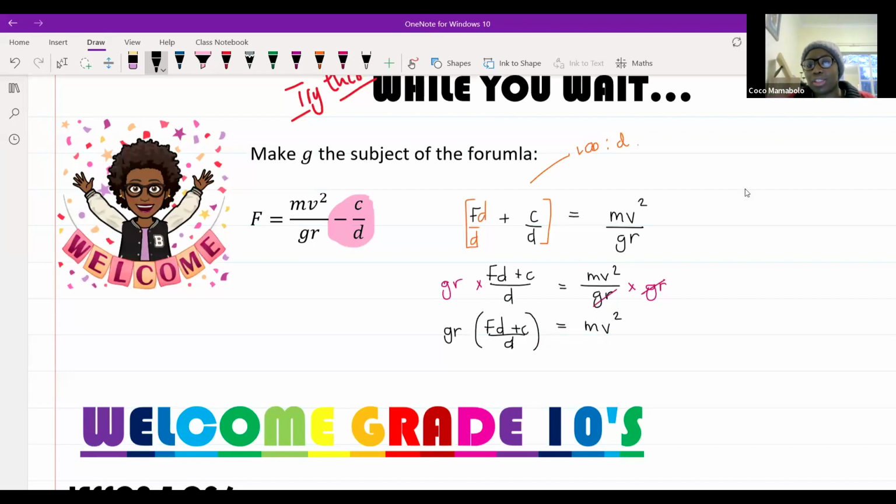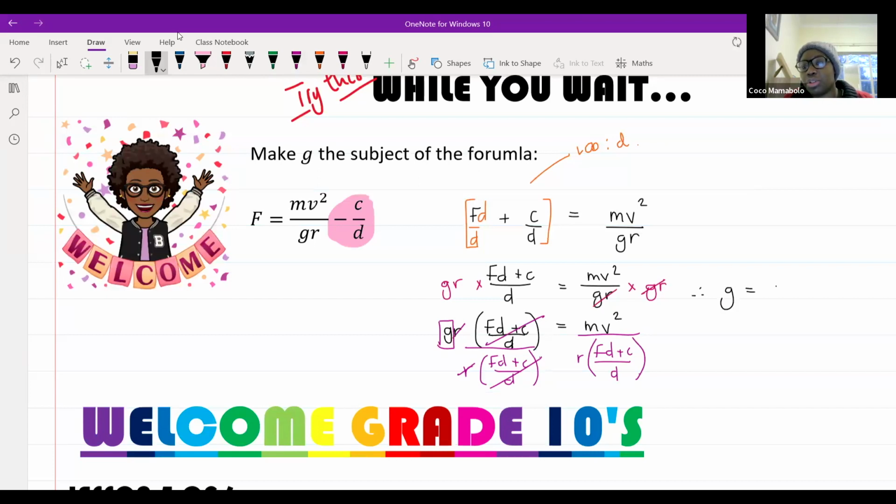The thing that I want is G on its own. So I'm going to get rid of everything else. So I'm going to divide this whole side by R times FD plus C over D. And what I do on this side, I'm going to do on this side as well. So I'm going to multiply the side by R times FD plus C over D. And so that will cancel with that. This will cancel with that. Therefore,